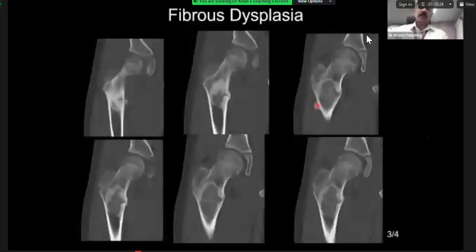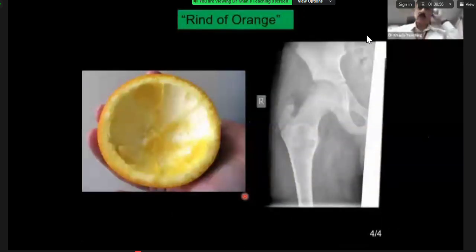What is happening inside is that you have got some matrix which is slightly what we call ground glass type of matrix, and then there are some cystic spaces also. Surrounding that is a thick rim of ossification or calcification. This thick rim is known as the rind of orange appearance, and it is considered absolutely pathognomonic